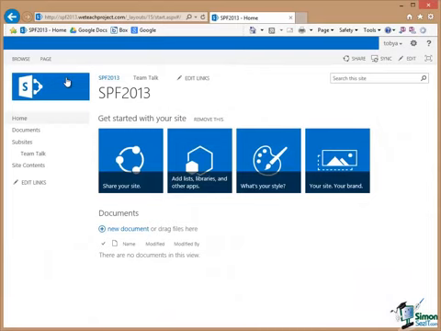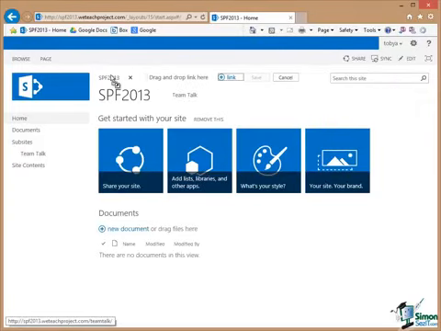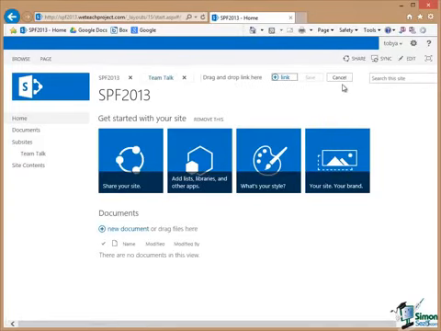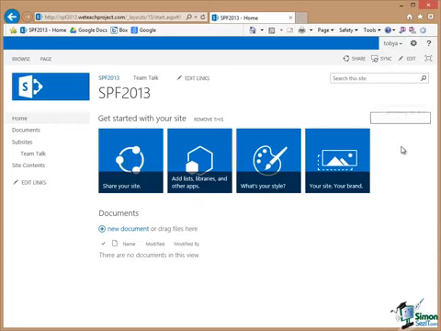And as with the quick launch, there are actually two approaches here. If you click on Edit Links, you can see the two links with a delete or remove button next to each of them. You also have a drag and drop facility, and you also have the facility to add a link here. So once again, there's quite a lot of flexibility in what you can put where. You can also, of course, drag links left and right in order to change the order. But let's cancel that. Let's go to the gear, site settings,